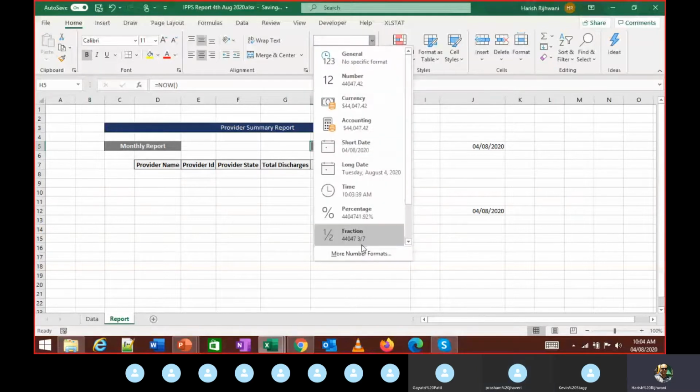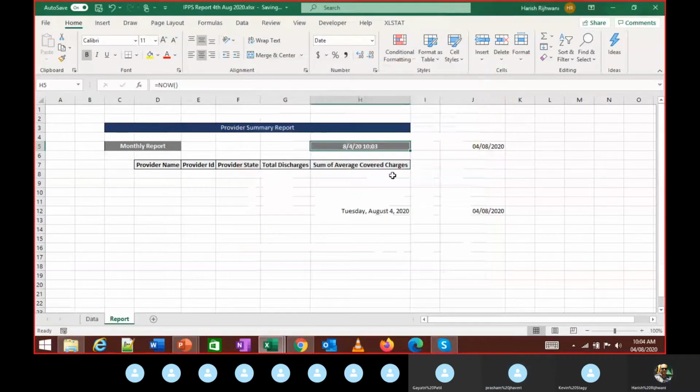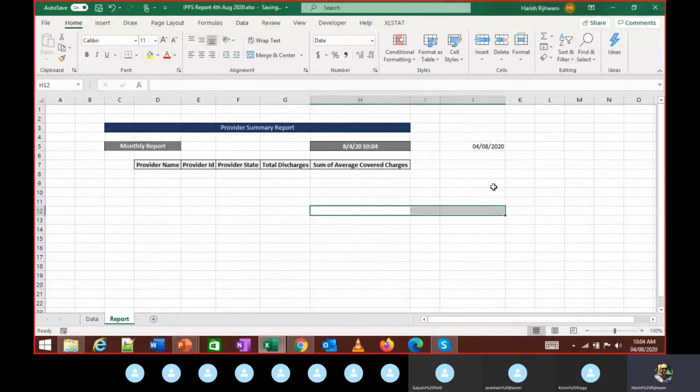So I went into this More Number Formats, and I went on Custom. Yeah, so you can do it with custom also. Here also in the date, you see the time format is also there. Got it? So it depends on what you want to use. You can use any of them.